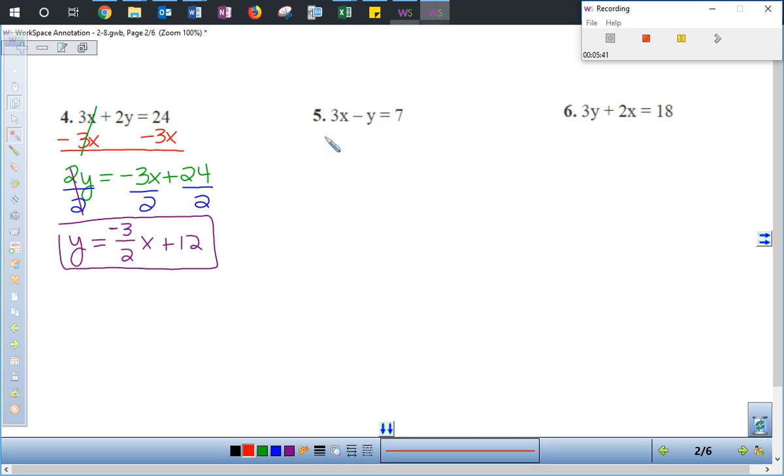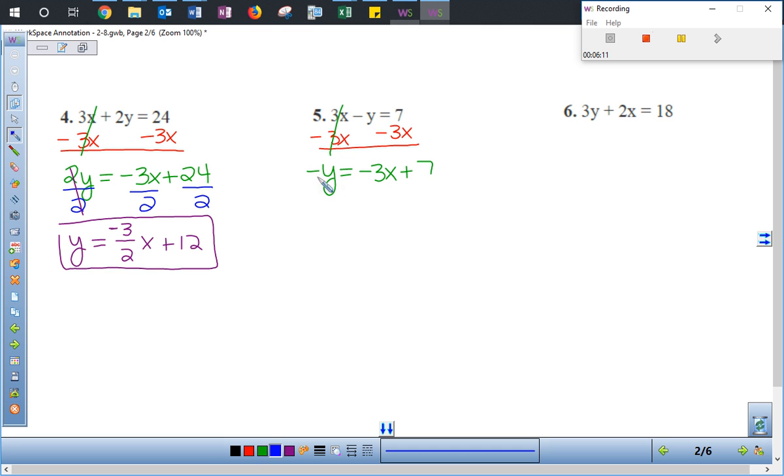On number 5, we're going to start again by subtracting 3x from each side. That'll cancel out, and make sure you leave this sign with the y. Negative y equals, the x term goes first, negative 3x plus 7. Oh, that's not a 7. That's a 7. Now, I want to get the y all by itself, and currently it has a negative sign